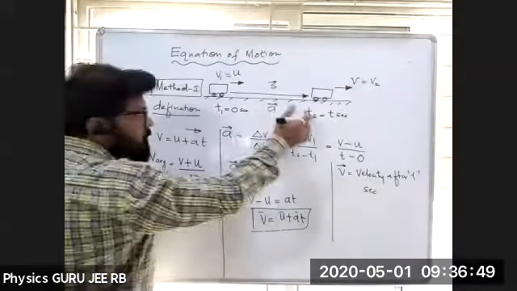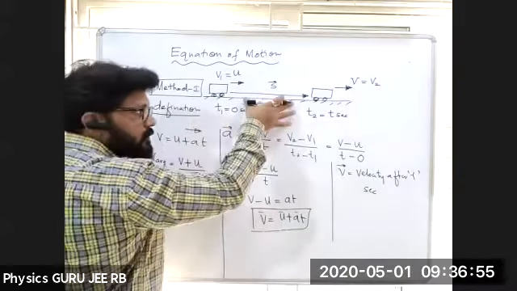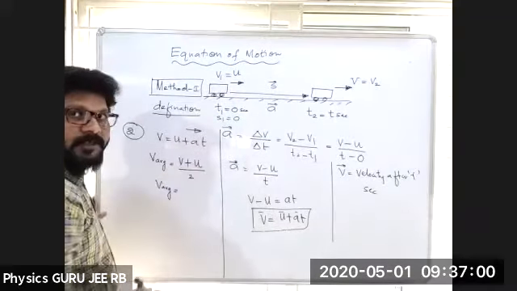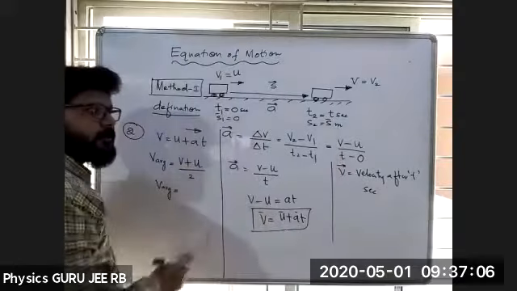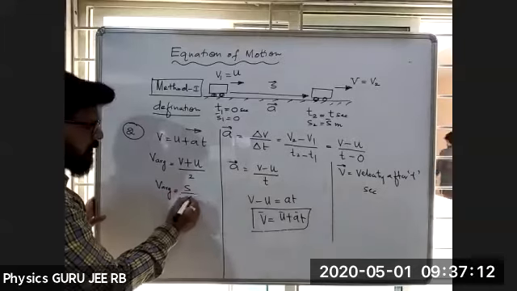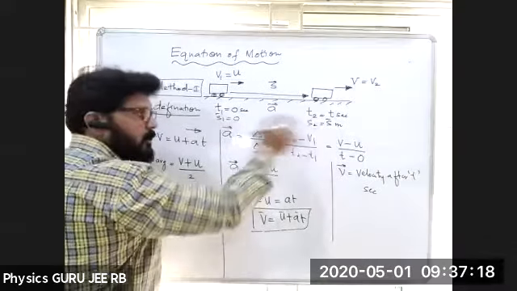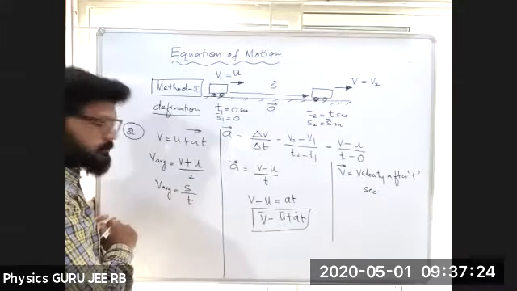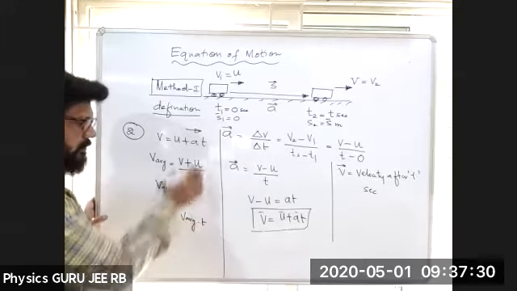That is total displacement over total time for average velocity. Total displacement in this situation is s. Let me take s1 equal to 0 because we are measuring from here, and s2 equal to s meters. So s2 minus s1 is how much? s. So I can write it as s divided by t. S2 minus s1 is nothing but total displacement by total time, the rate of change of displacement.